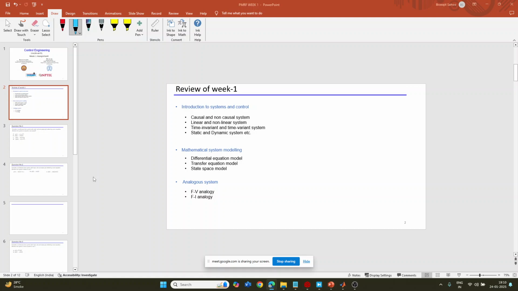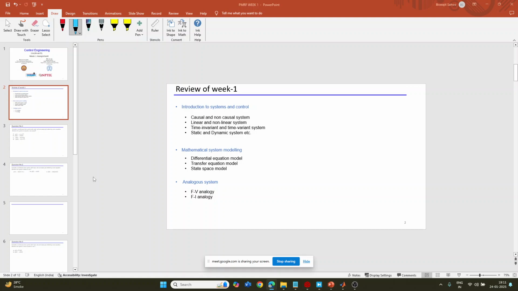Once the system is defined, you have to model it. How do you model that system? You have to know the input, the output, the disturbances, and the plant transfer function. Whatever system you are surrounded by, you have to make a transfer function for it, and writing a transfer function is nothing but writing mathematical equations.